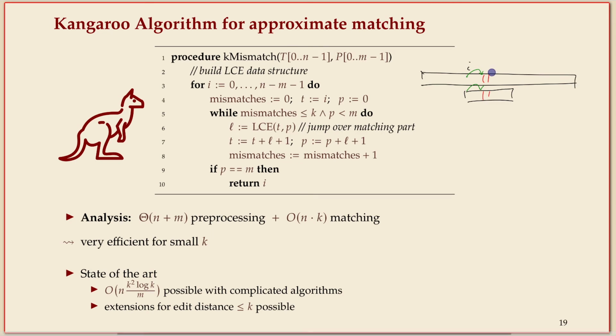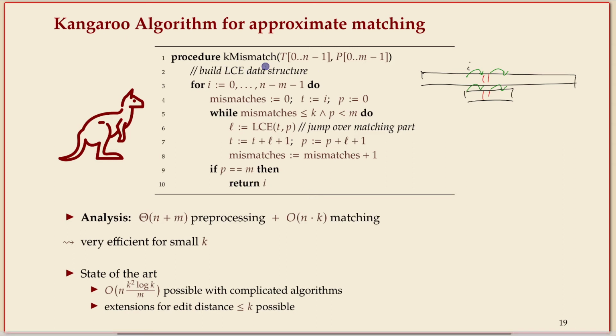And then after that, you jump again. And well, you always increment these by 1 to jump over the mismatch character. If after this loop you found the end of the pattern, that means you didn't run out of mismatch budget before you reached the end. So then you have found a match with up to k mistakes. Then you return this one. Okay? It's a quite simple algorithm,